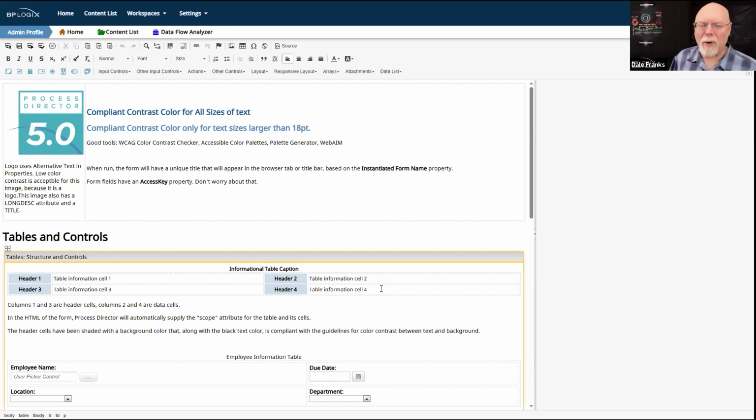To the extent that we can, we do, but the point of accessibility is really not for the development tools, and Process Director is a development tool, not for end users, obviously. It's a regular application tool for them. But for the development tool side of Process Director, WCAG standards don't apply.